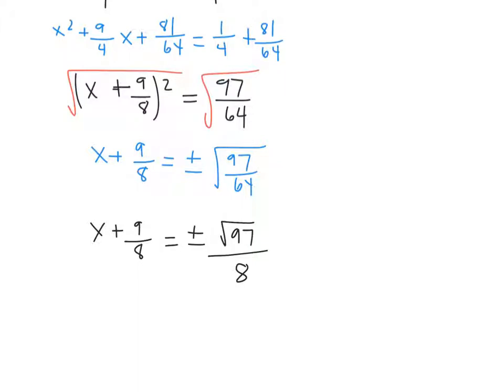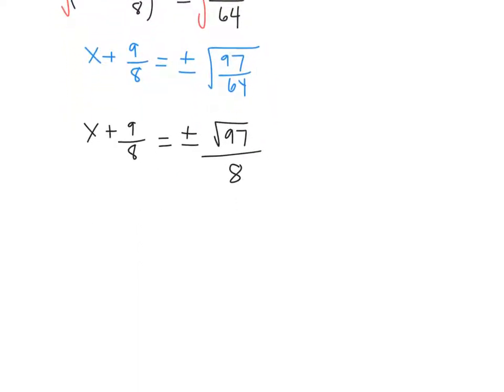So now we actually see a common denominator, right? 9/8 and square root of 97 over 8. What do you see for a common denominator? Yeah, there's 8, right? 8 in both denominators. So I'm going to subtract 9/8. So I'm going to isolate x and get, I don't need that line, x equals plus or minus,